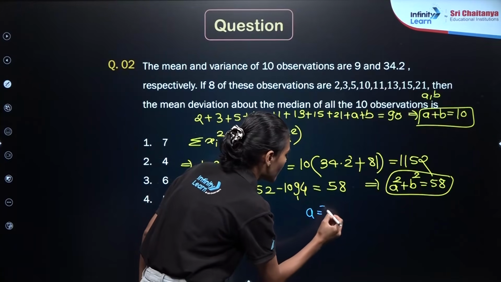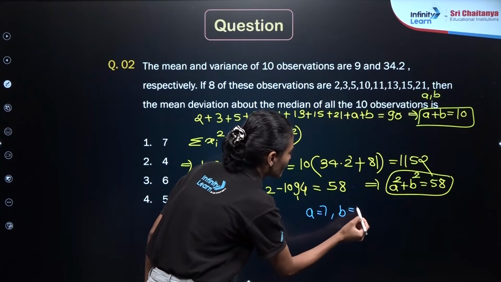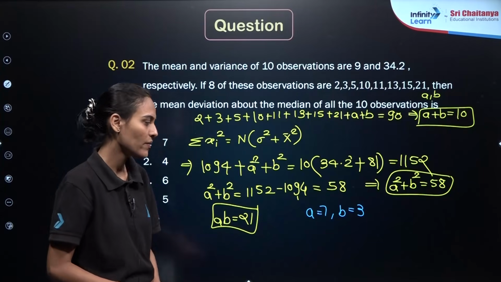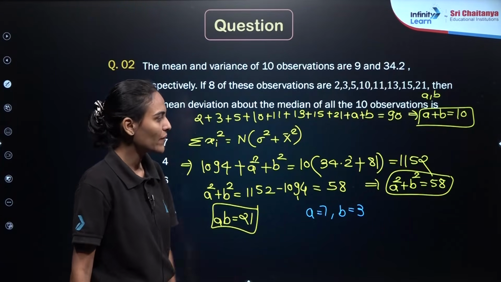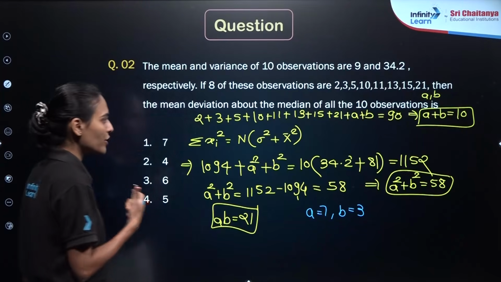A is 7 and b is 3. Right? 7 into 3 is 21, 7 plus 3 is 10. So those numbers are 7 and 3. Okay. Now we need to find